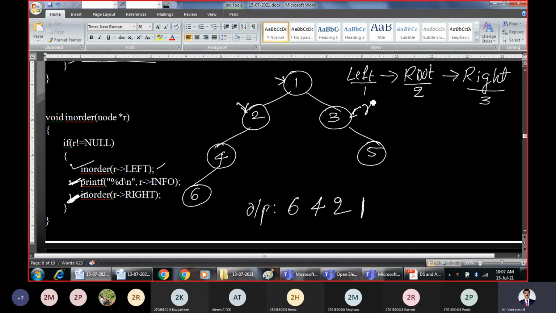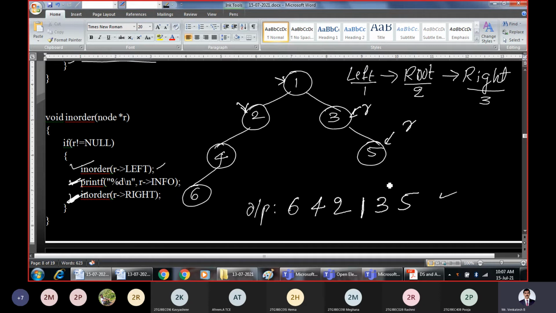So whenever you are present at the node, apply the rule. What it says, left, root, right. So for node 3, there is no left, so you need not go down. Then print the root. Root is 3. After printing 3, what is the procedure? You have to go to the right side. Now this becomes the new node of interest. So for 5 there is no left, leave it. Then print 5. Then for 5 there is no right. So this is what is finally the in order traversal for the given tree.